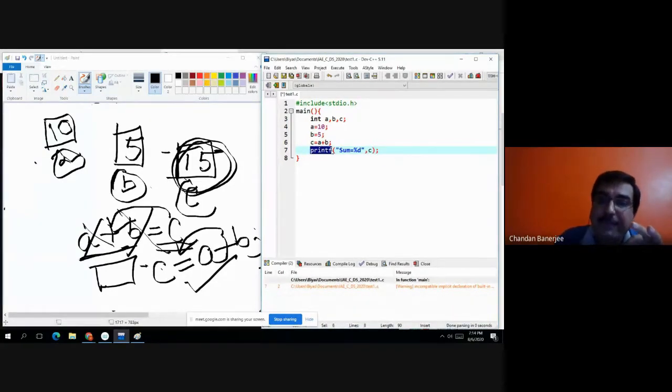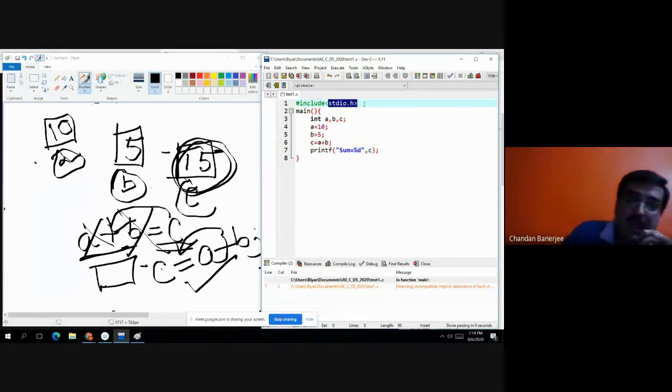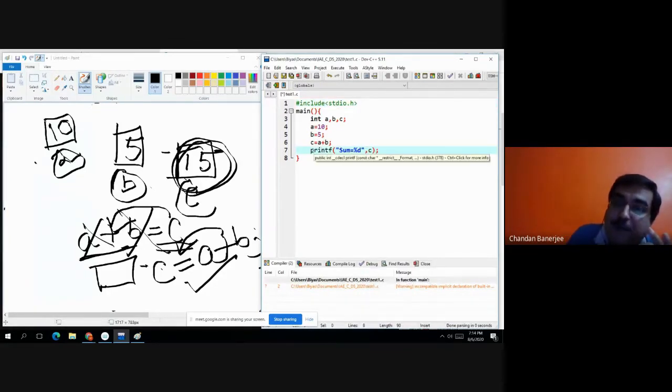Printf. What is F? F stands for function. In C, every concept is a function. Everything is like a function. I will discuss what a function is definitely after two or three classes. But printf will print, that means it's an output function. So whenever we use an inbuilt output function, it is defined in the header file. I repeat, this output function is already defined in the header file stdio.h. We are just using the function.